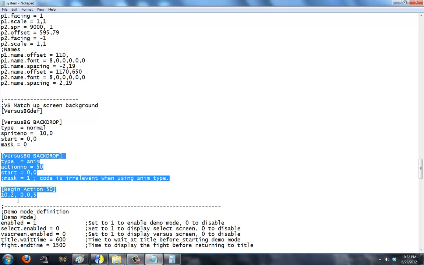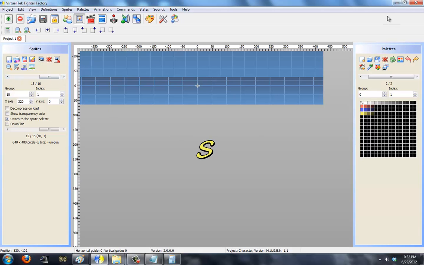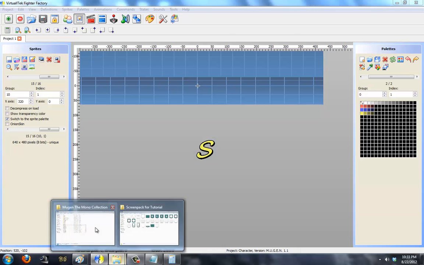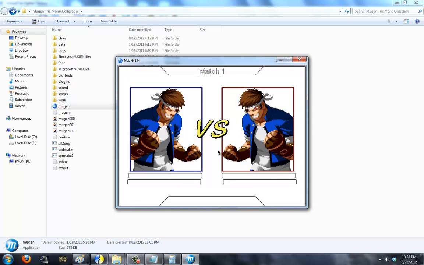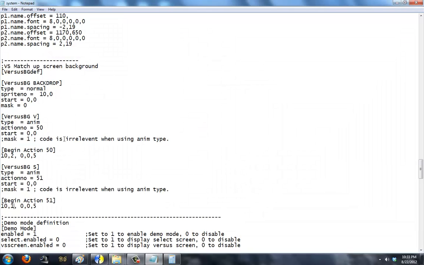Now I'll copy this over and paste it. No, this will be V. This would be S. Okay, so that's that. Now this is going to be 51, and this is going to be 51, and I'll change this to 10-1, because 10-1 is the S. Good. So now I'm going to check Mugen again, and you're going to see that there's a V and an S on the versus screen. Now, what I want to do is make them slide in from the left and the